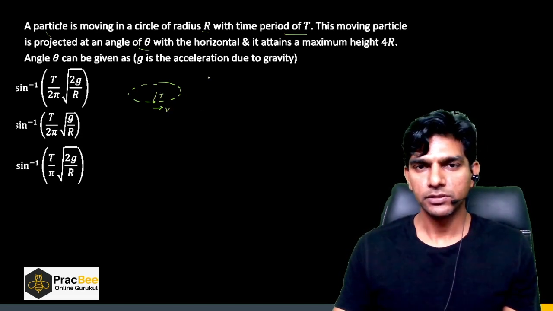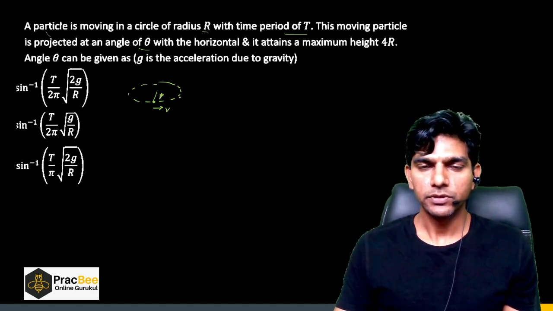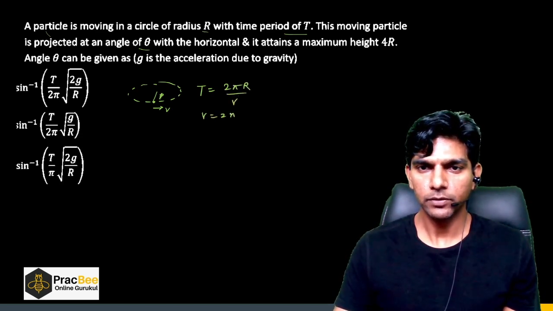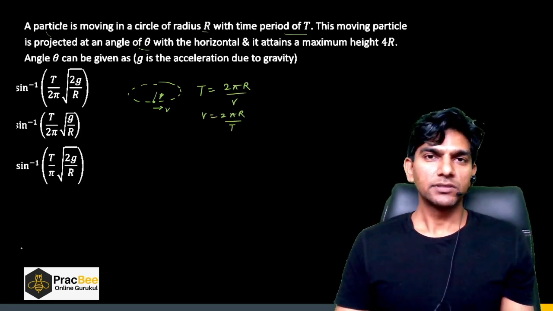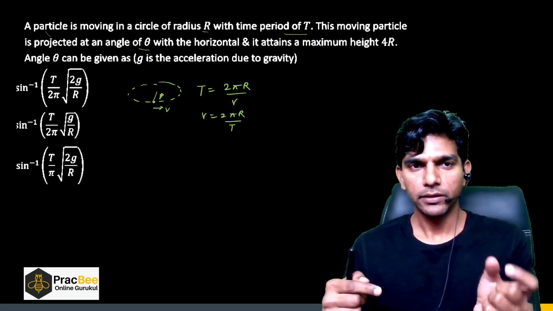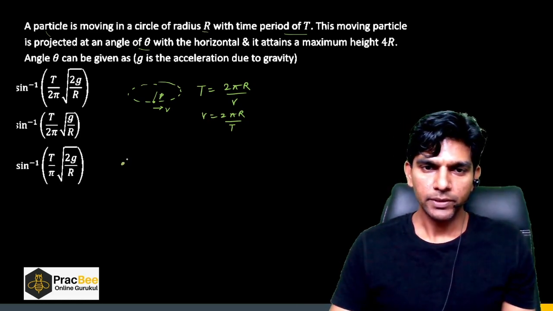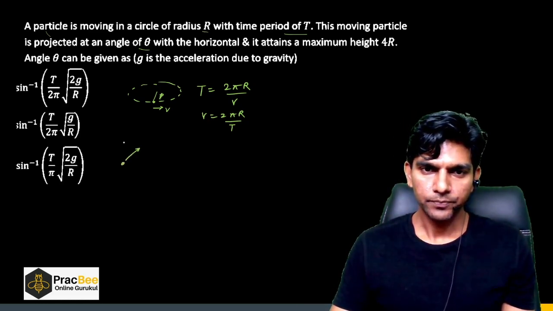Let us say v is the velocity. Time period is given to us. So time period is 2 pi r divided by v, so v is 2 pi r by T. So this is the speed. In this question, it is not clearly mentioned, but here the particle is projected with the same speed. So we are projecting a particle with this speed